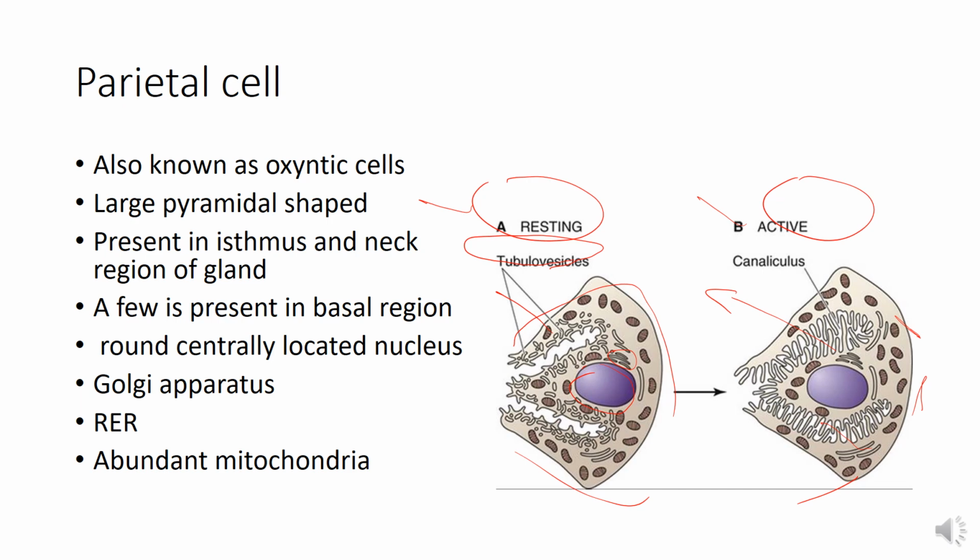So secretion of HCl by the parietal cell is stimulated by a hormone known as gastrin, and this gastrin is released by the enteroendocrine cells present in the pyloric glands. In addition to the HCl, the parietal cells also secrete a glycoprotein called the intrinsic factor, which binds with vitamin B12 in the stomach and facilitates the absorption of this vitamin in the small intestine.